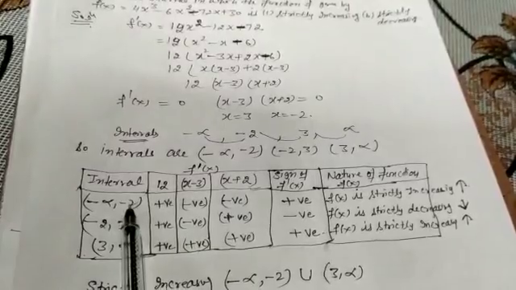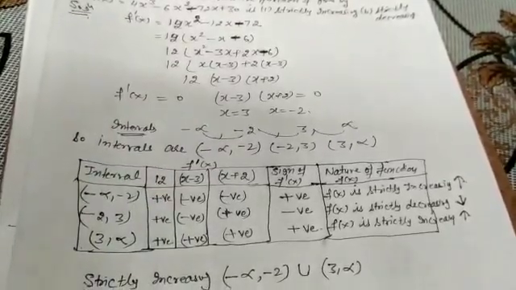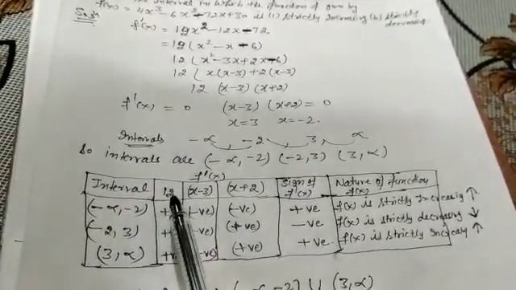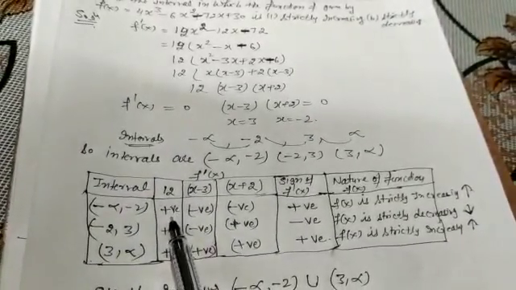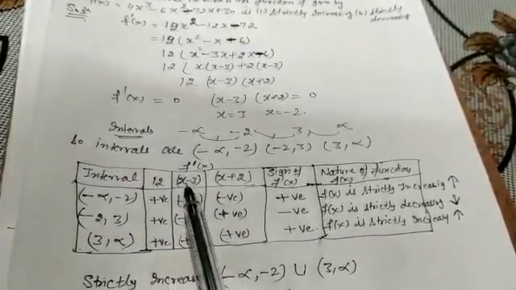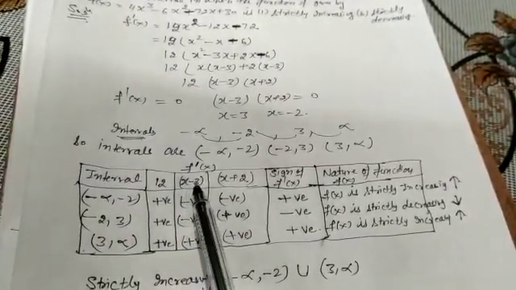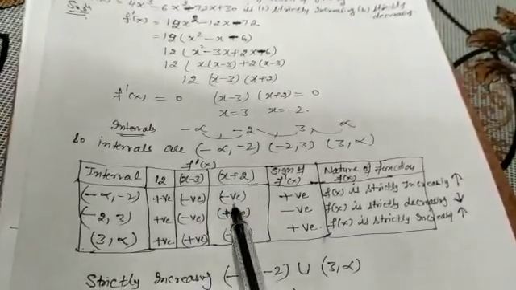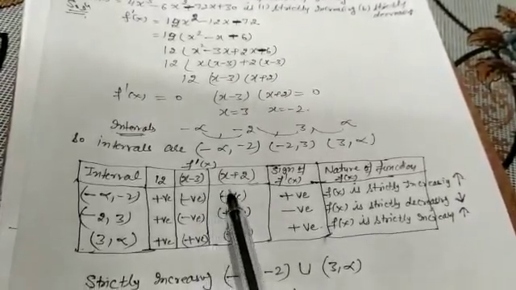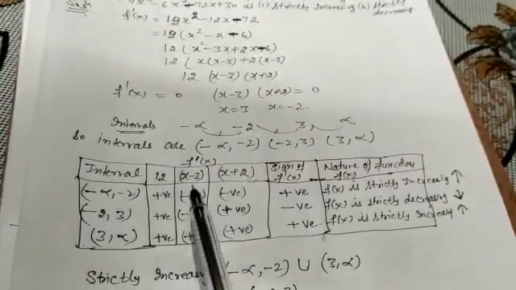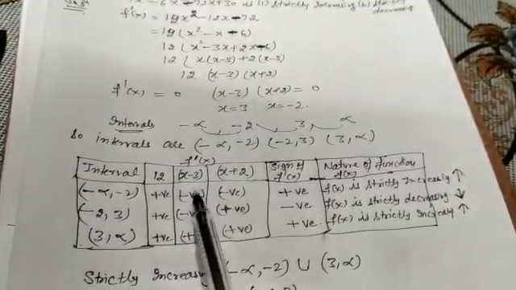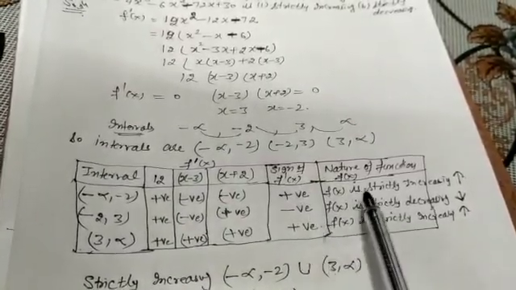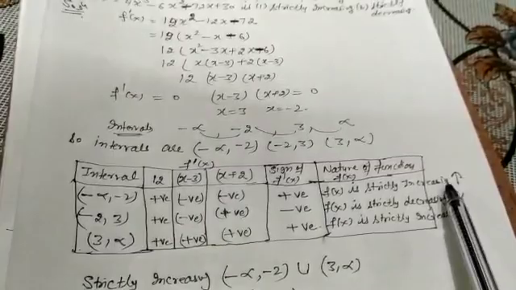Minus infinity and minus 2. Let us substitute any value which is less than minus 2, for example, minus 3. This 12 has no effect with the minus 3, it remains positive. When we substitute minus 3 here, minus 3 minus 3 is minus 6, result is negative. Minus 3 plus 2, result is negative. No need to go for calculation, only take care of the sign whether the result is positive or negative. Now negative into negative, positive into positive, makes the result positive. The function is increasing, strictly increasing.